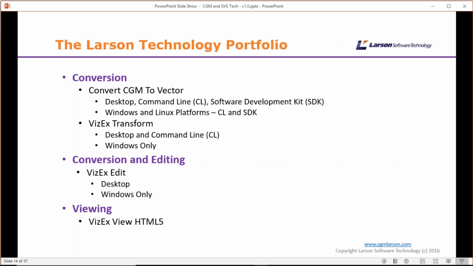So we offer that in a lot of different facets of our conversion technology. The second product is Visx Transform, which we like to think of as our flagship conversion software. It handles multiple formats. There's no SDK, but it's available as a desktop and command line software, and it's Windows only. And then we have Visx Edit, which is our CGM editor, and we'll look at that in the context